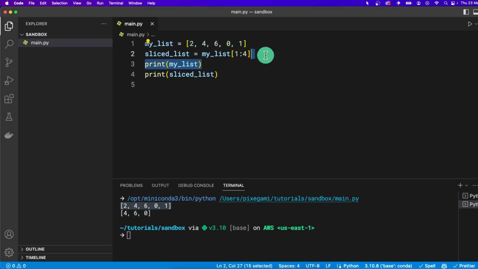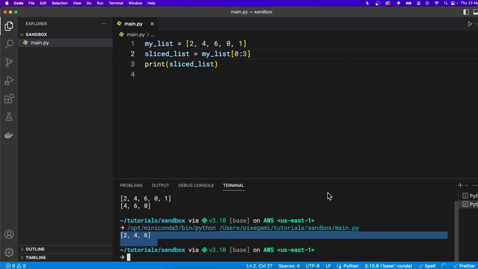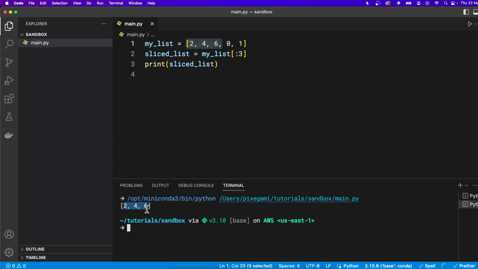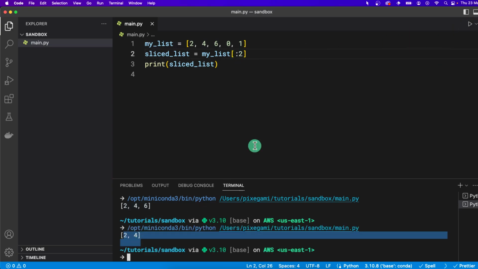Now, another thing you can do with a slice list is that if you want to slice it from either end, for example, if I want the first 3 items or the last 3 items, I don't need to provide the range at the end of the list. So if I wanted the first 3 items, I've shown you already that you can do it like this, from 0 to 3. And if you run that, that is the first 3 items. But I don't actually have to write 0 here, because if I delete that, Python will assume that I want the list all the way from the left side to index number 3. So let's see if it works. And here it still works the same, so I still get 2, 4, and 6. And if I change that to 2, then I'll only get the first 2 items, and so on.